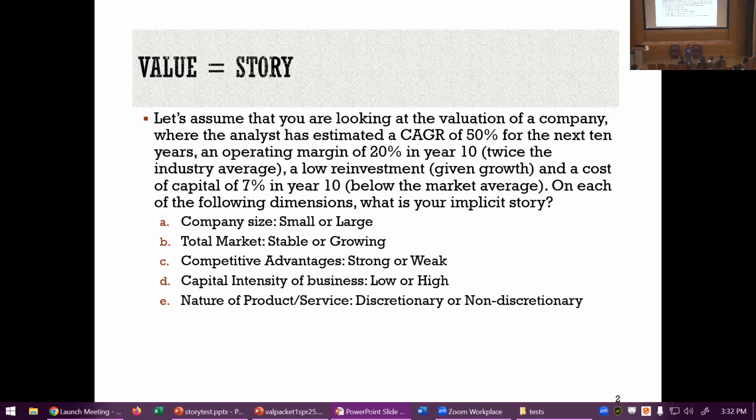And finally, let's crown the whole story. Is this company selling a product that is discretionary or non-discretionary? And what is the clue you would look at to answer that? It's non-discretionary, and what is the clue that gives that away? 7% cost of capital. Remember when you talked about betas, we said if you have a non-discretionary product.